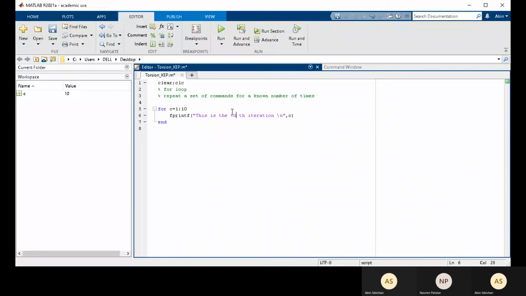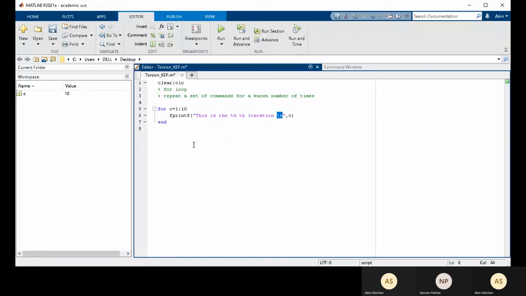And once we have used %d, you have to specify which variable should be present in this space. So here we have presented it with C. When we have multiple varying variables within a loop, this makes it clear which variable should be here. Right now it's a simple code, and this is a new line character.